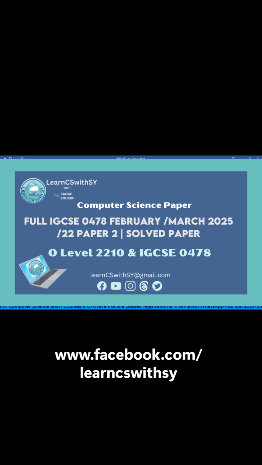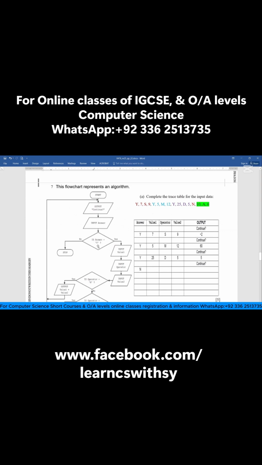Now question number 7. This flowchart represents an algorithm. Now you can see what is the flowchart. Let's see. Start, output, continue. Input answer. If answer equals y, yes, input value 1, input operator, input value 2, and is operator